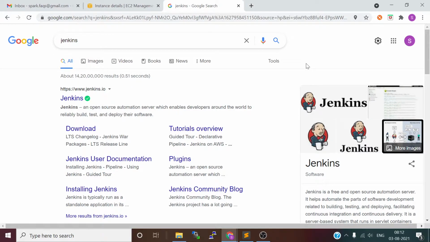Jenkins is basically an automation server. It's an open source automation server which enables developers around the world to reliably build, test and deploy their software.